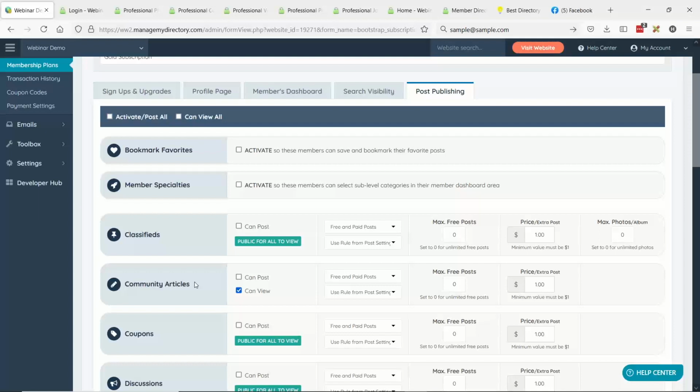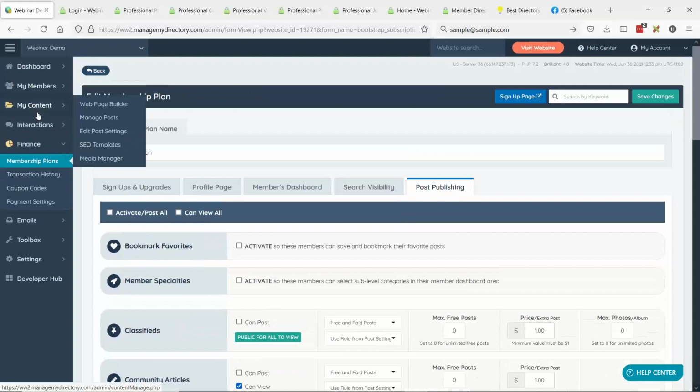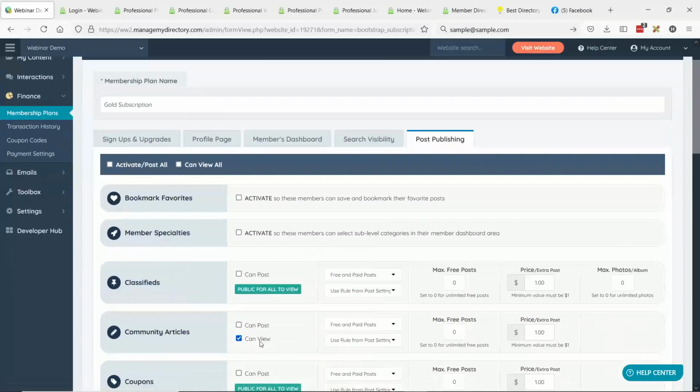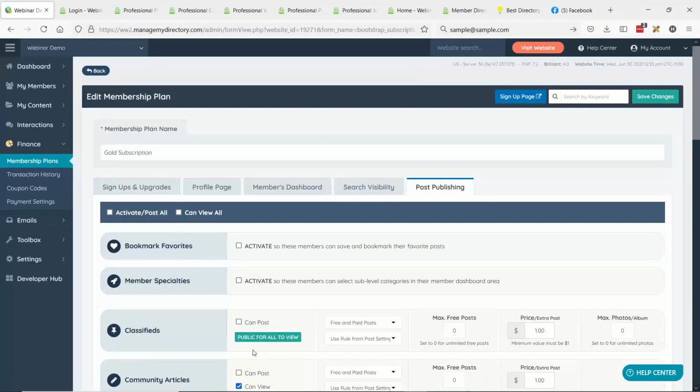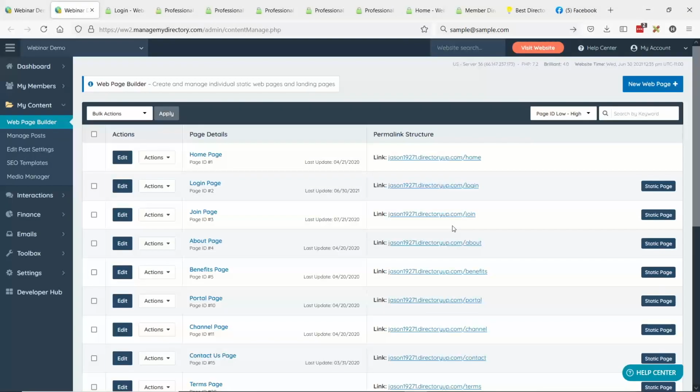So that is how you can handle that logic there. So lockdown post types, choose the membership plans that can view those post types. The other thing you mentioned, David, was protecting specific web pages, right? So if I create just a standalone landing page or web page that might have some important information that is, again, only for a specific membership plan of my site or only for members of my site, not public viewers,